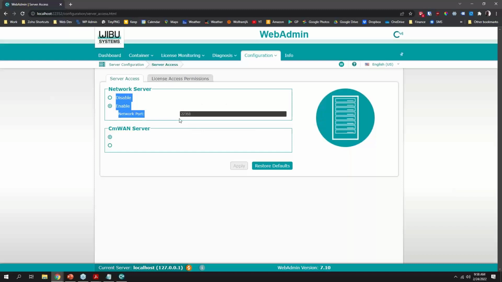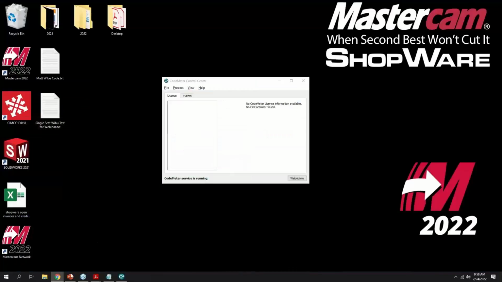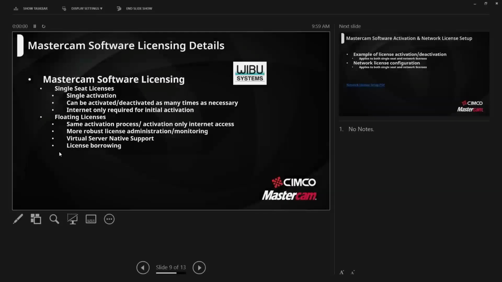I have to probably turn that off. But you basically set network server to enable, and then you're good to go. And you just have to make sure if you have any firewalls in place that that's the port number to set that up. But what we do is anytime someone does a network license, we'll send you